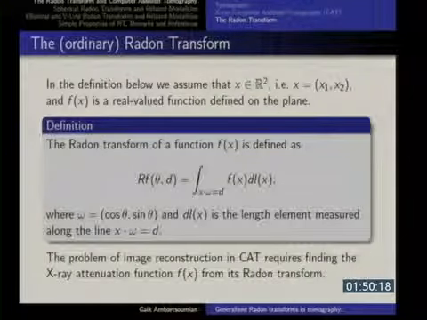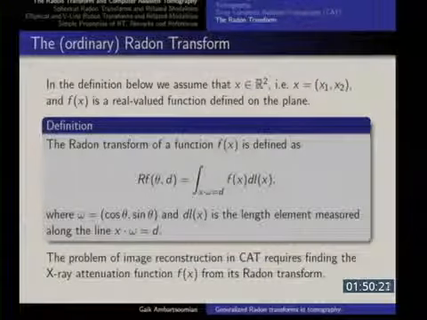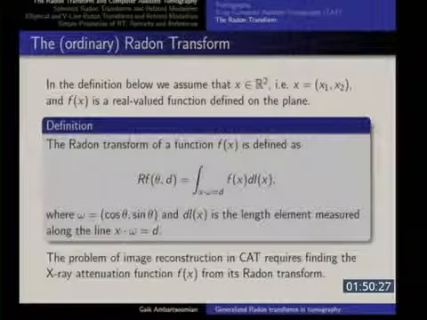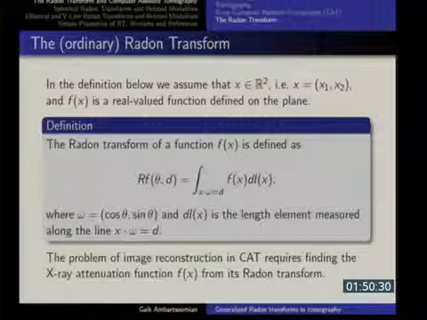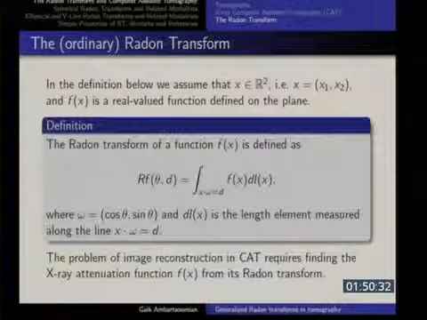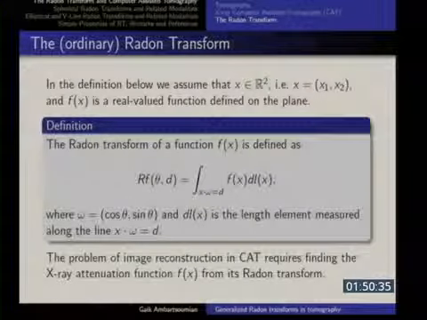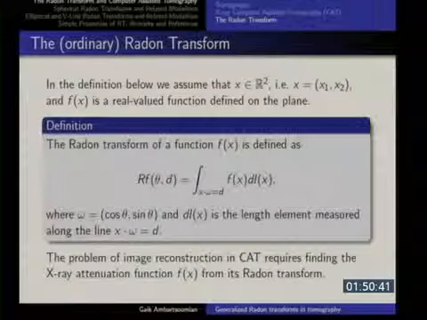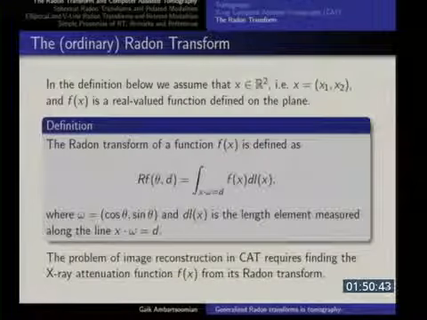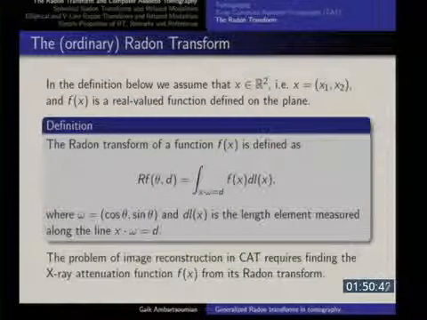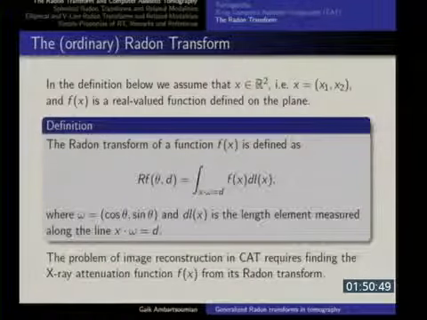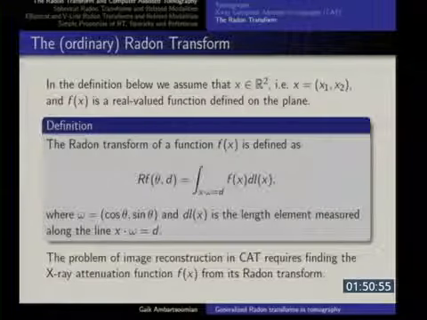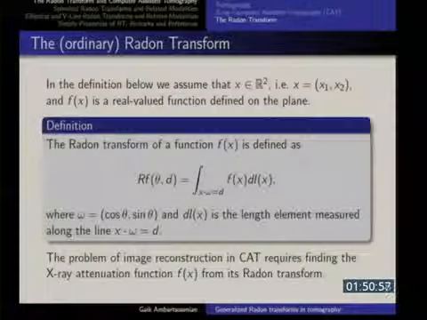I want to remind everybody that yesterday, if you were listening to the talk by Professor Rakesh, he was saying that every time you have an inverse problem, it's a good idea to think about dimensionality so that you can see the complexity of the problem. Here I'm trying to recover a function of two variables from data that I measure that is also two-dimensional. So Rf of theta, d is the data that I have, and what I want is f of x. So in some way I want to invert this transform. The big question for creating images in CT, in computer tomography, is related to the inversion of the Radon transform, coming up with a function of two variables from data that is two-dimensional itself.